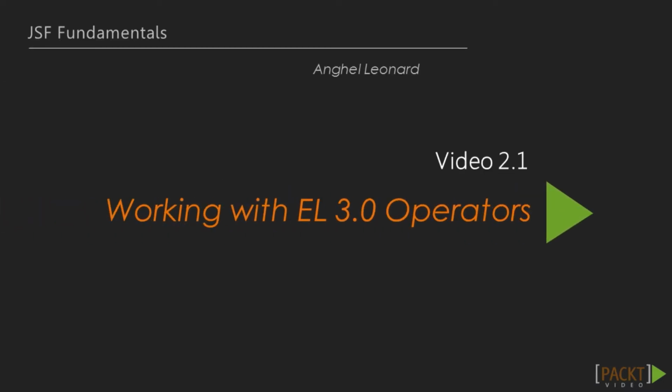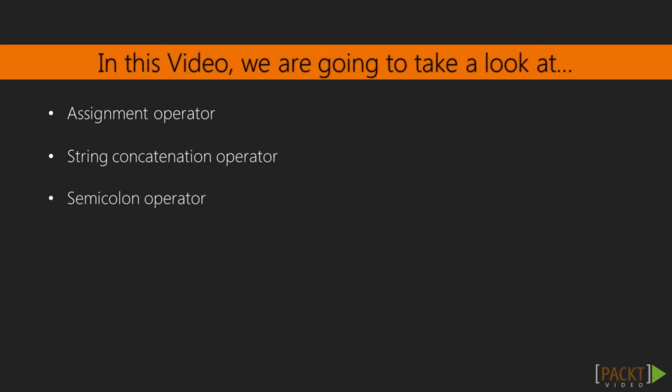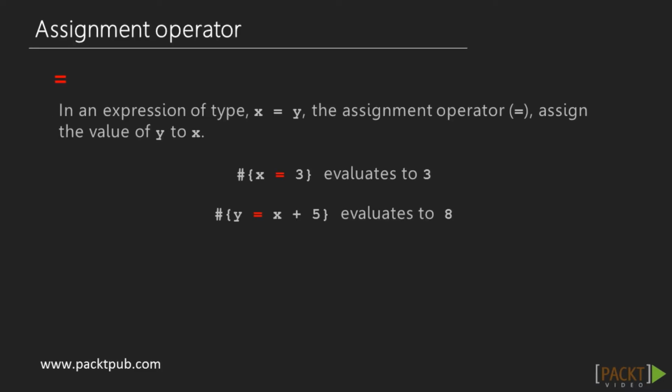Now we move on to the first video of this section, which is a brief overview of working with EL 3.0 operators. Each of these operators can be used to achieve several kinds of tasks, which in the past were resolved using different workarounds. So we start with the assignment operator, continue with the string concatenation, and finish with the semicolon operator. In an expression of type x equal y,